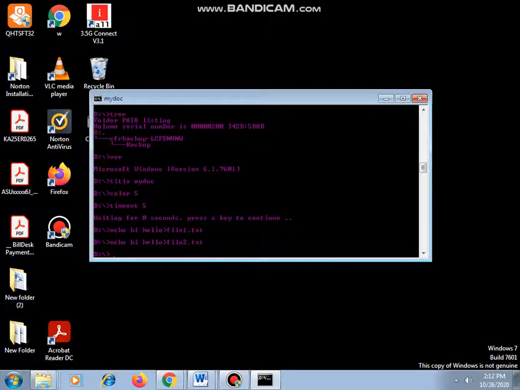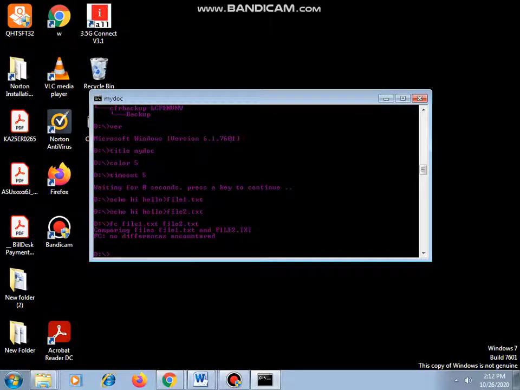How do we compare them? By using the fc command. You can see that the two files are the same, so no difference is encountered. You can make use of the comp command also to do the same thing.